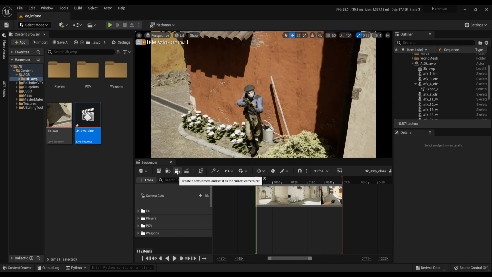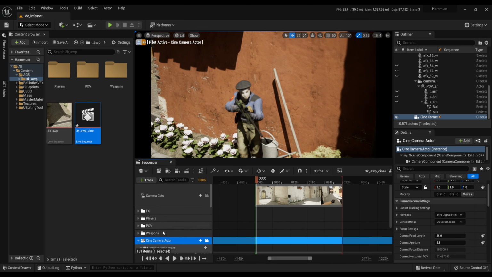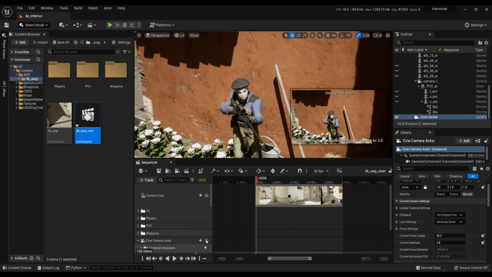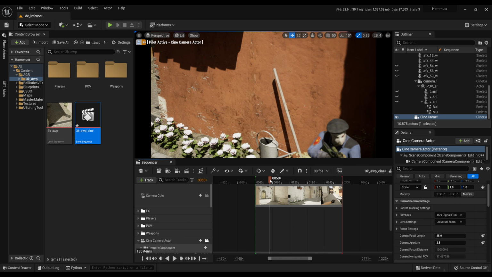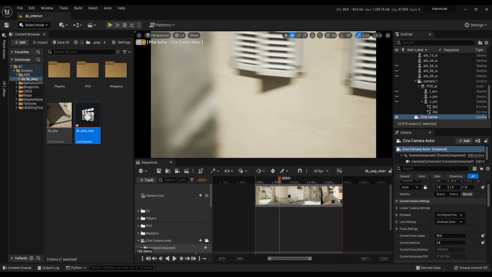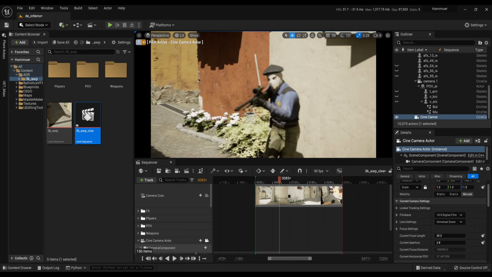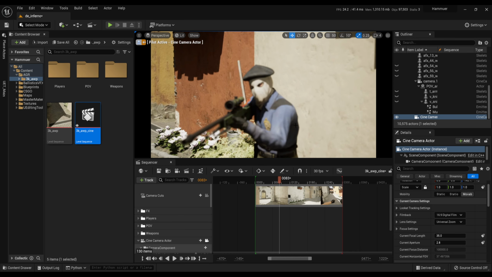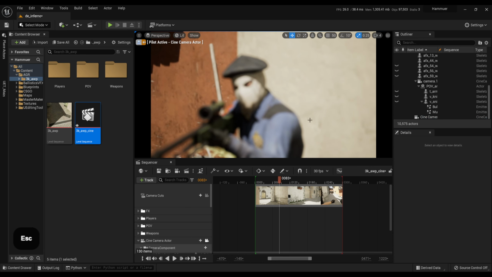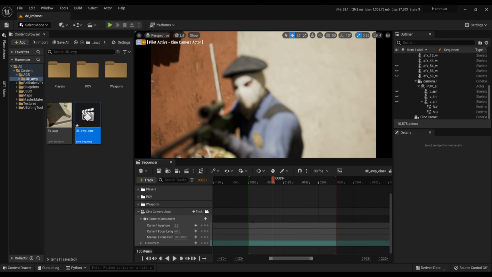Make a new camera and convert it to possessable. Change your camera's focal length if you want. Make a transform keyframe.